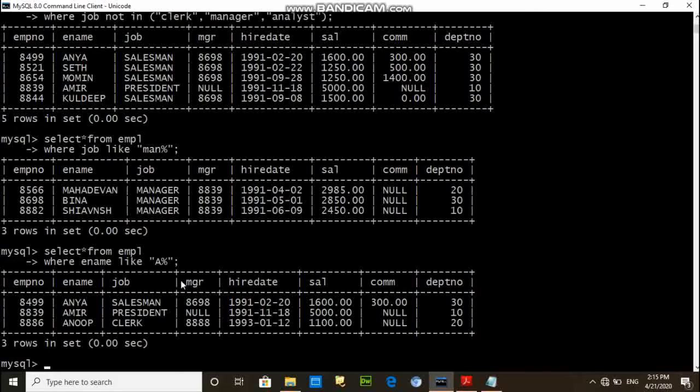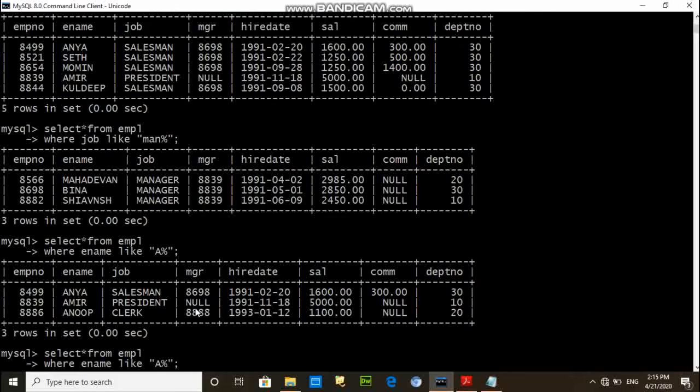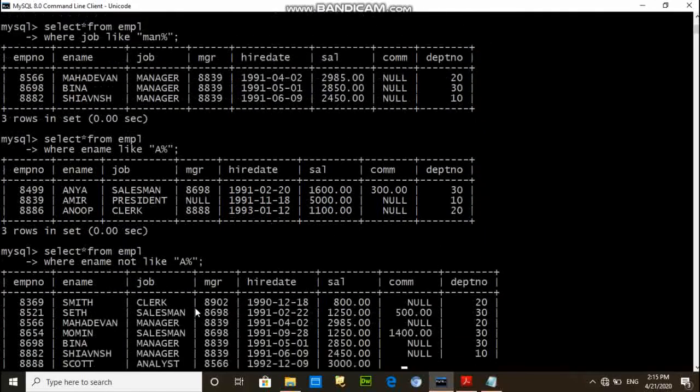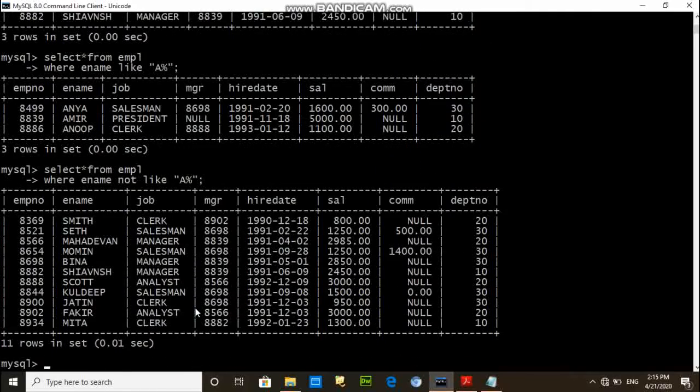And NOT LIKE. Student, NOT LIKE is just the opposite of LIKE, meaning with NOT LIKE 'A%' only those records are shown whose starting character is not A.